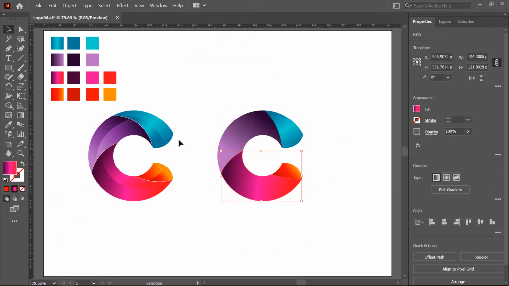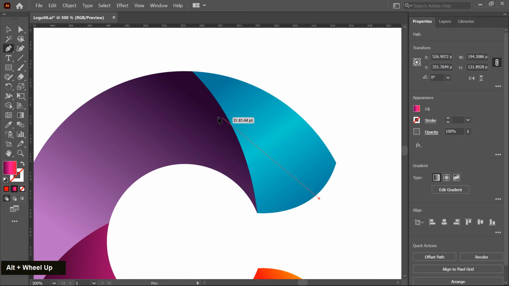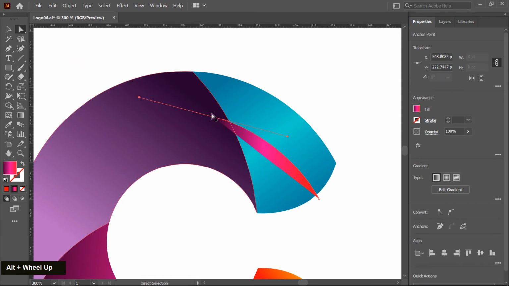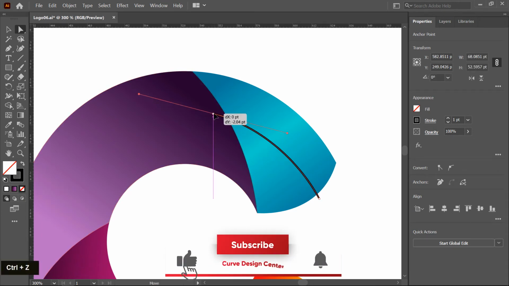Okay. Now we create some more curves to break this shape into two parts. So I choose the pen tool again and create a curve from the center like this, and press D key for default color and fill with none, and then modify this curve.